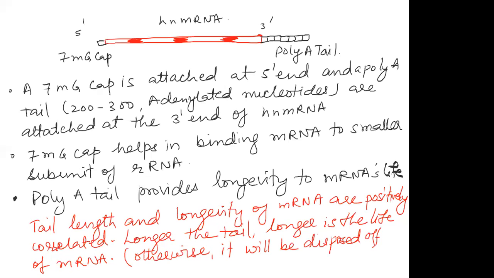So once the protein synthesis has been over, this mRNA will be disposed of. इसको काट के और इसको डस्टबिन में फेंक दिया जाता है. डस्टबिन in the sense, lysosomes, they'll be disposing it off. So इसीलिए एक पॉली ए टेल इसमें अटैच कर दी जाती है। तो 5 mg कैप और पॉली ए टेल, नाउ दे आर रेडी। नाउ दिस इज द HNM RNA रेडी टू बी स्प्लाइस्ड। अब देखिए इसमें क्या होगा।